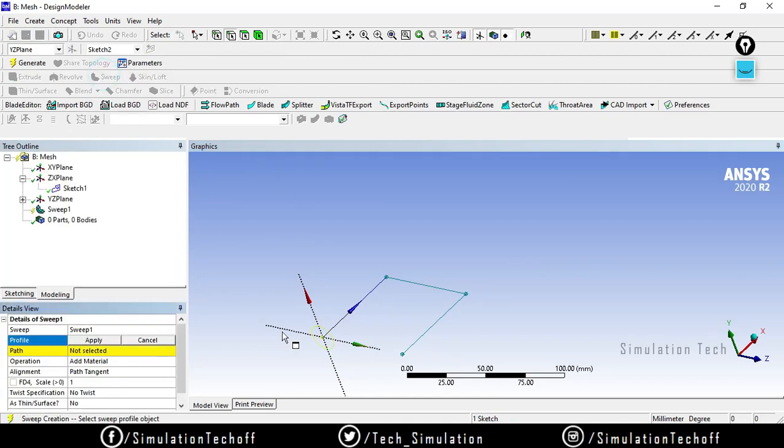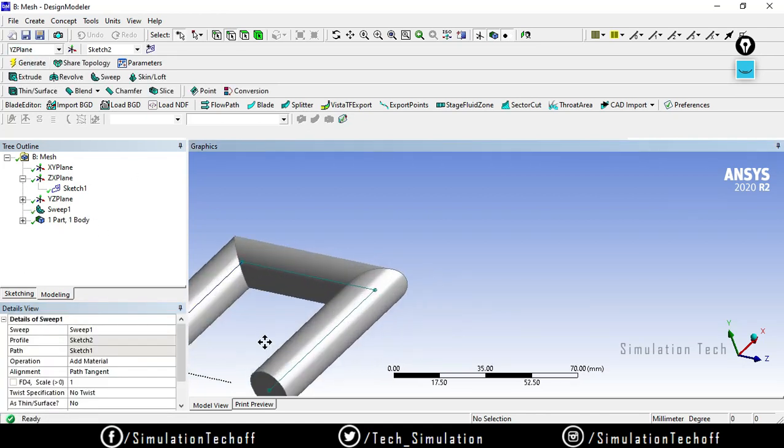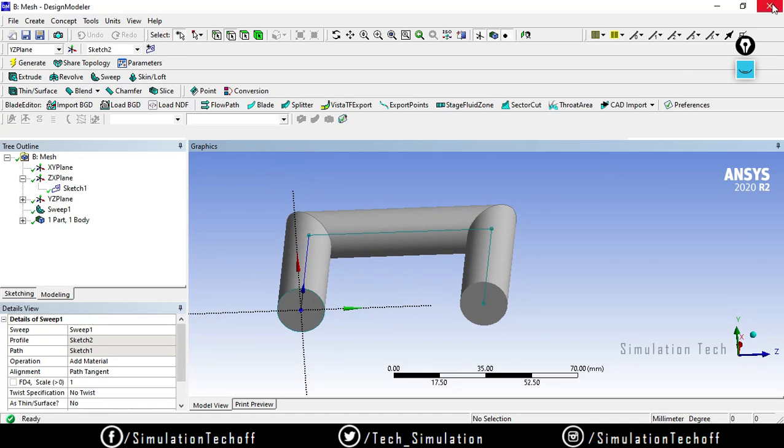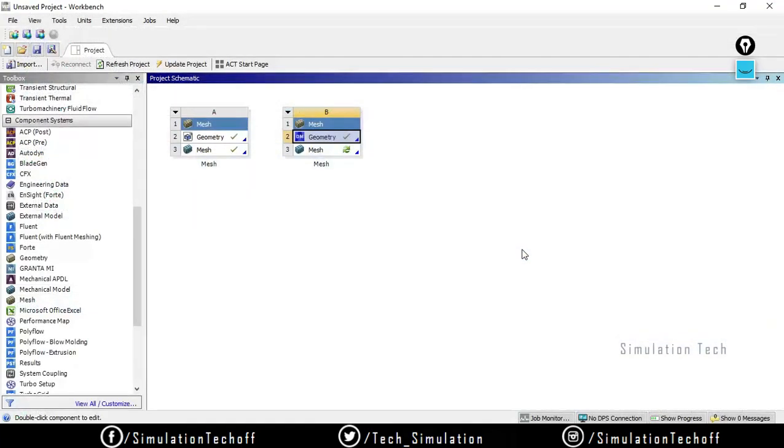I want to sweep this profile along this path. Press Ctrl to select all the entities, say apply and click on generate. Now you have a geometry like this. What I will do here is close the Design Modeler and double click meshing. So right now it is a sweepable geometry. What does it mean?